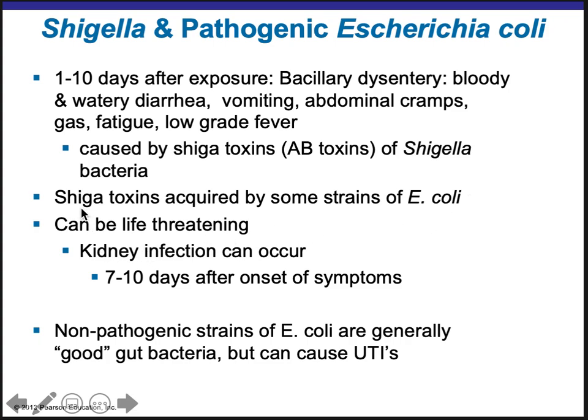And these, both Shigella and the pathogenic E. coli, can be life-threatening, not only for the regular reasons of diarrhea being life-threatening from severe dehydration, but the toxin can also